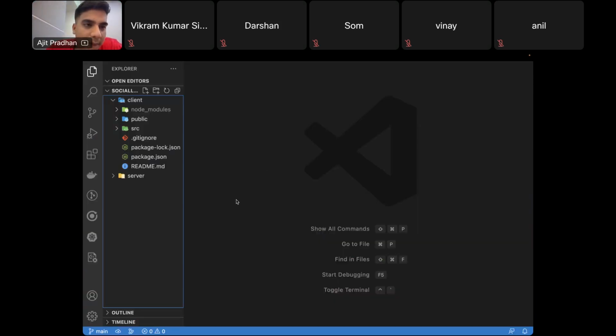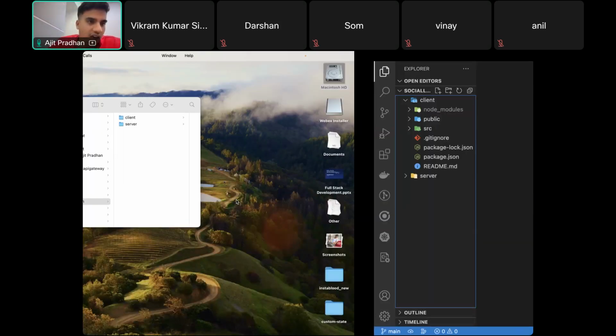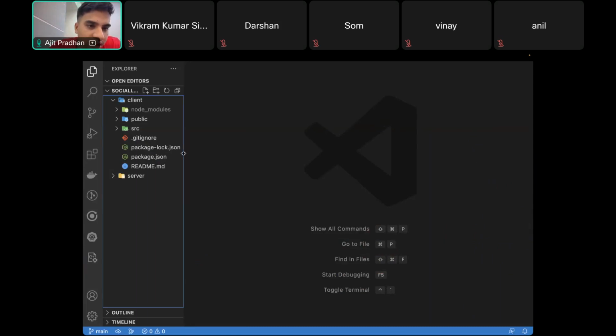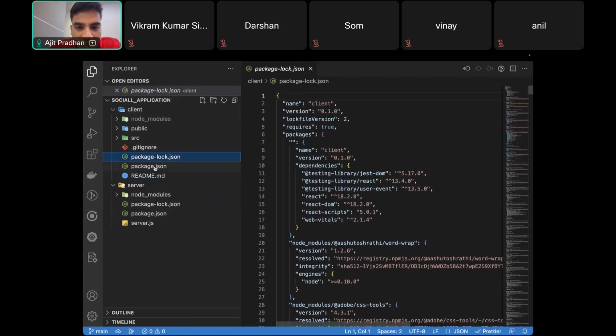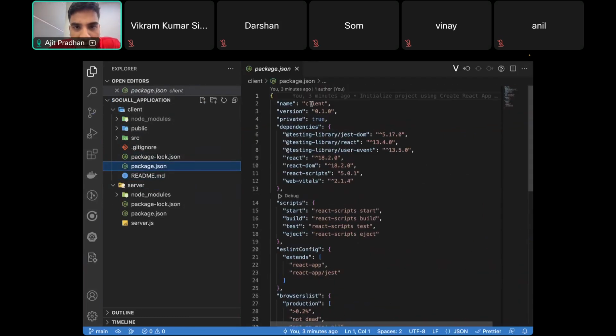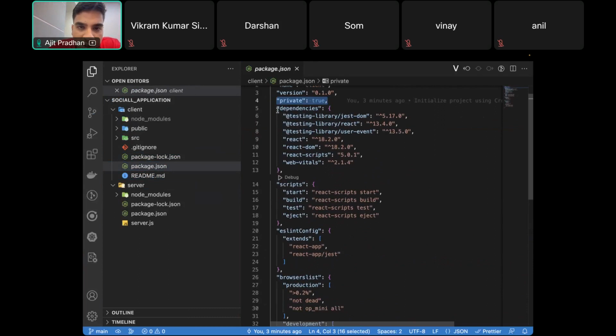Okay. So after you created the front end, you can see something like this. The same like how we created, but the thing here, few things are already created because we install the React internally. The create React app plugin installs the necessary things required for the React application. The same thing, like there will be name, we have given client. Okay, the version, is it private? Yes, it is private. And the dependencies,